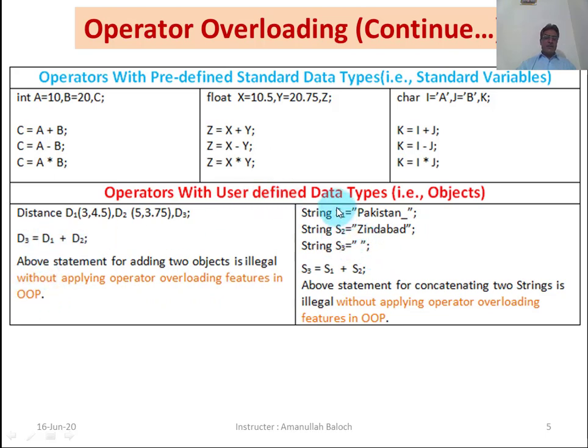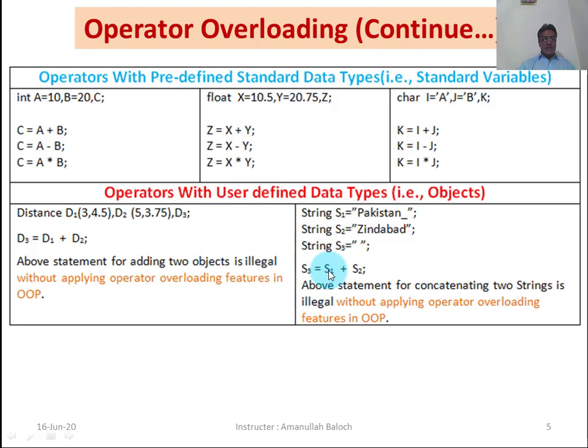Similarly, we have already discussed the string class. S1 is an object of the string class and contains the value Pakistan. S2 is also an object of the string class and contains the value Zindabad, and S3 is also an object of the string class and contains an empty string.